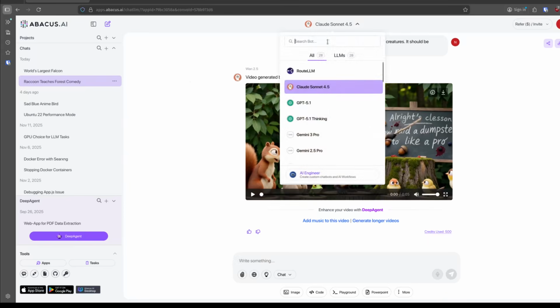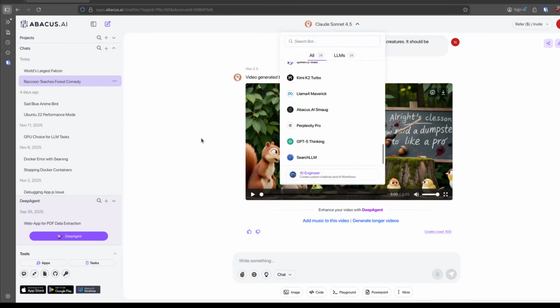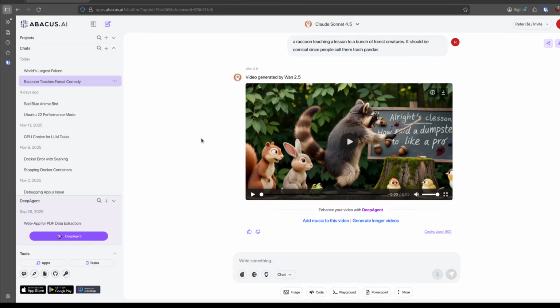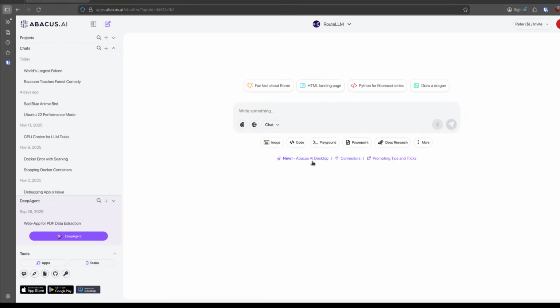Lots of different models here that you can choose from, and they keep it up to date. So when the brand new model comes out, it's usually on the site within a day or two tops. And so, I don't have to listen to my friends talk about, oh, GLM is so cool. I can just go use GLM right here in ChatLLM with everything else. And as I mentioned, if you are somebody who likes desktop software, they do have this Abacus AI desktop. I just have no experience with it, so I don't really want to speak to it.